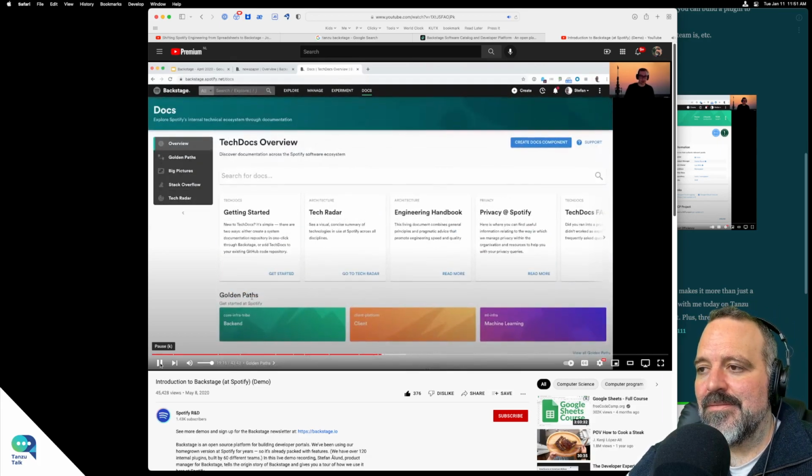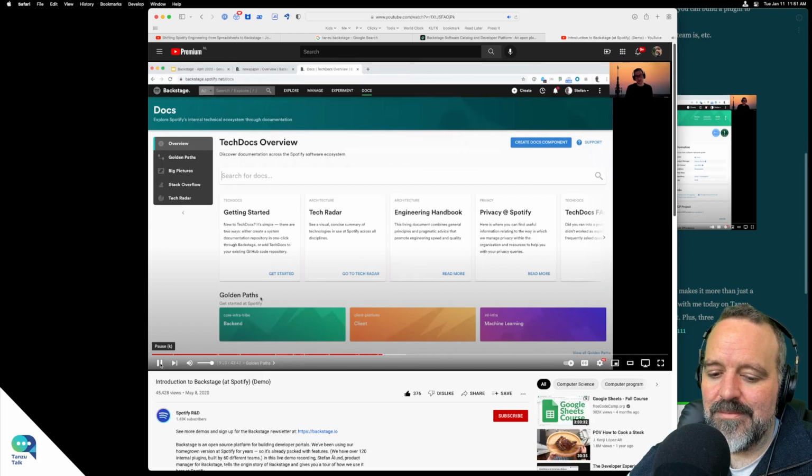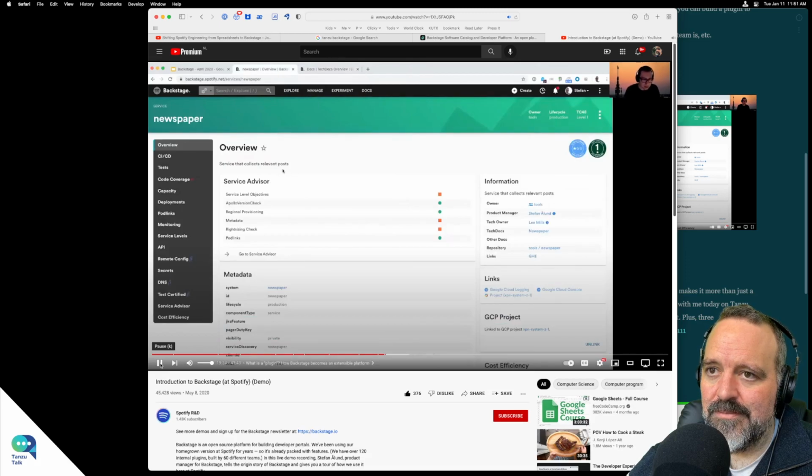So every discipline at Spotify has what we call a golden path, which takes you from following the tutorial, from A to B, like creating a new website or spinning up a new machine learning model, etc. Okay. Switching back to the services overview page. So the question is then, what is a plugin in this case? Plugins are essentially all of these different tools that you see here on the left-hand side.